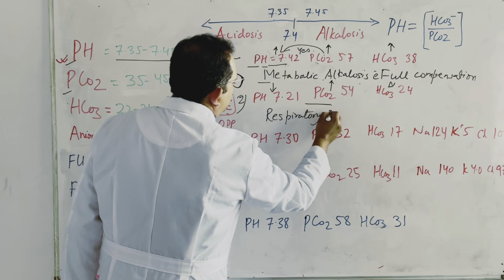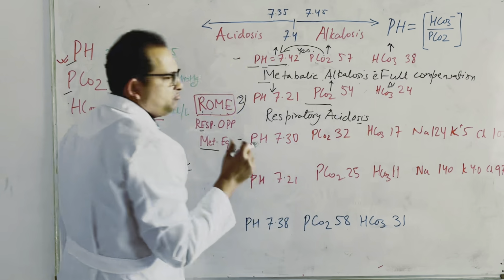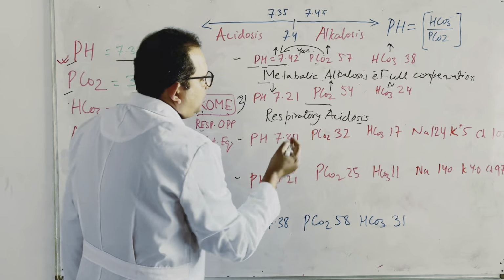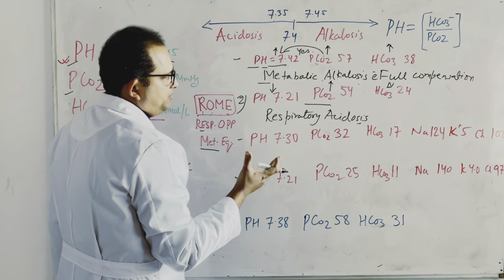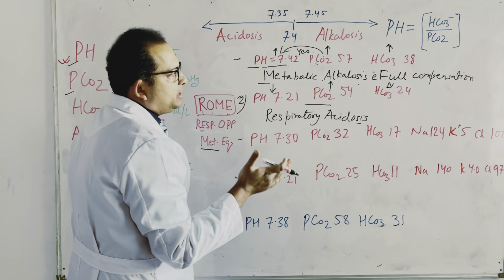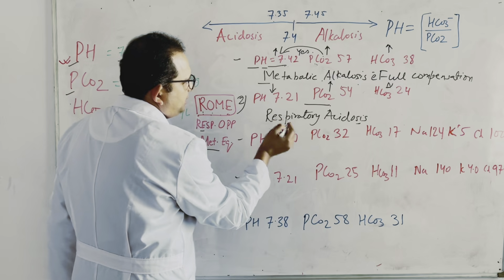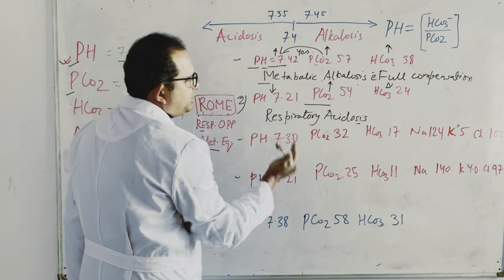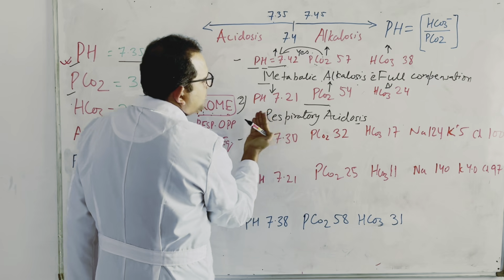Respiratory acidosis. Now we look at the compensation. What about the compensation? Compensation will be done by the kidney by decreasing or increasing HCO3. So here, acidosis means the kidney should retain bicarbonate and increase the bicarbonate to compensate towards the normal